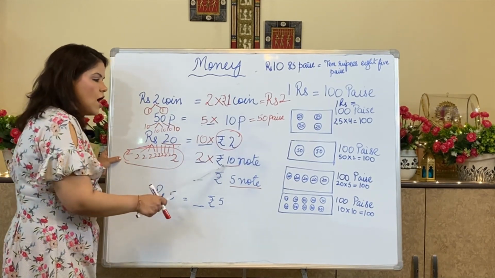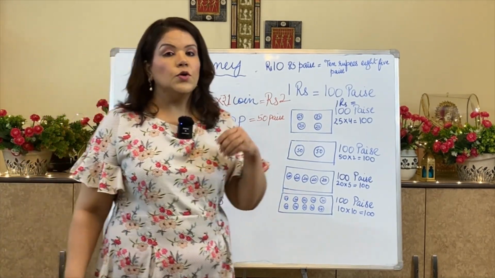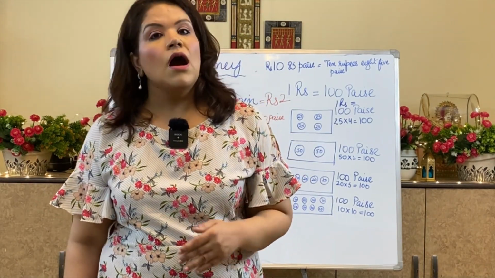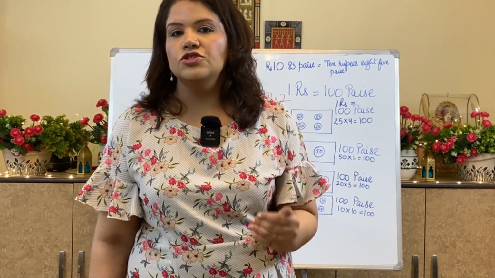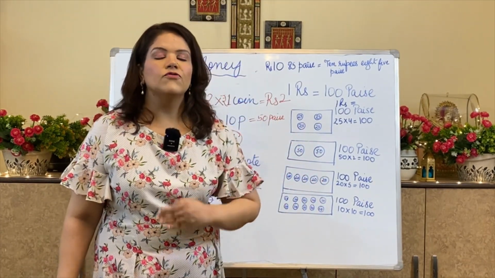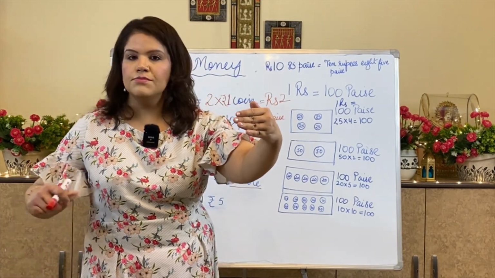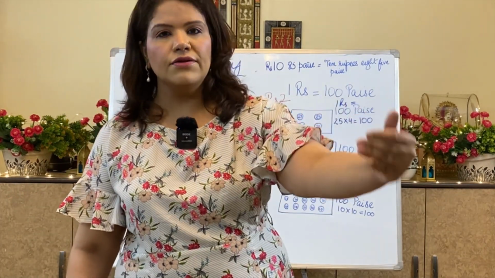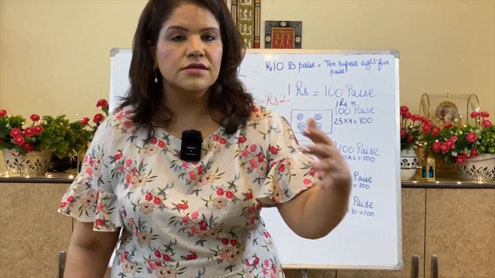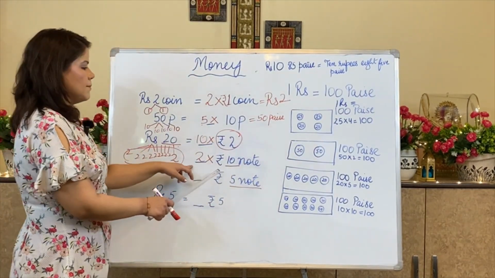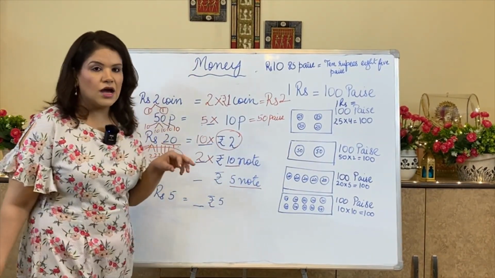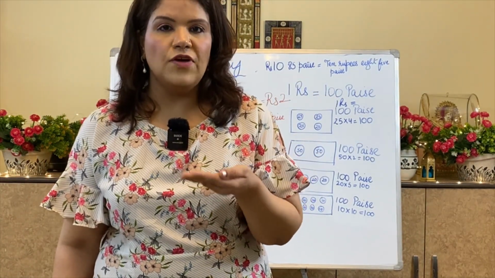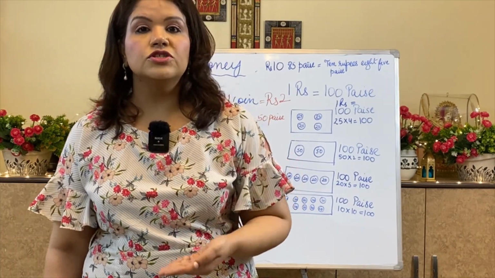Same way, if I want to change a 20 rupee note in terms of 10 rupee notes, how many notes of 10 rupees should I have? From 10, if I have to reach 20, my starting point is 10, I have to reach 20. How can I reach? By making equal parts. We can make equal parts by multiplying it by 2. We can't take it as 1, 2, because we need to make rupees 10 as one value. Okay, and we have to reach 20.